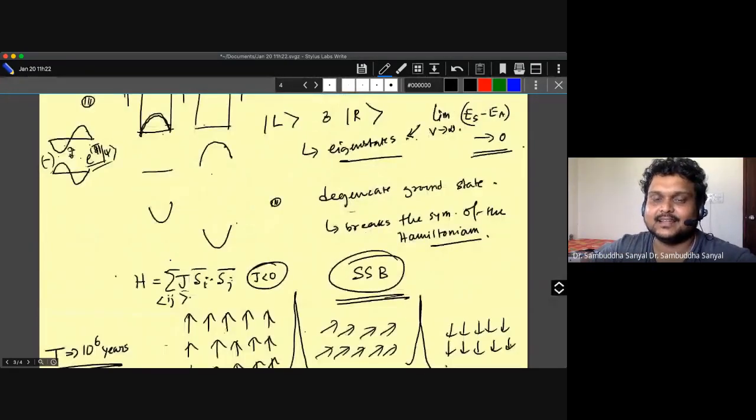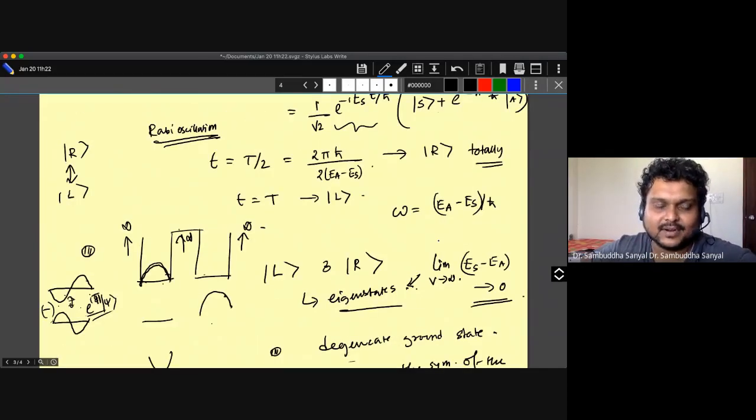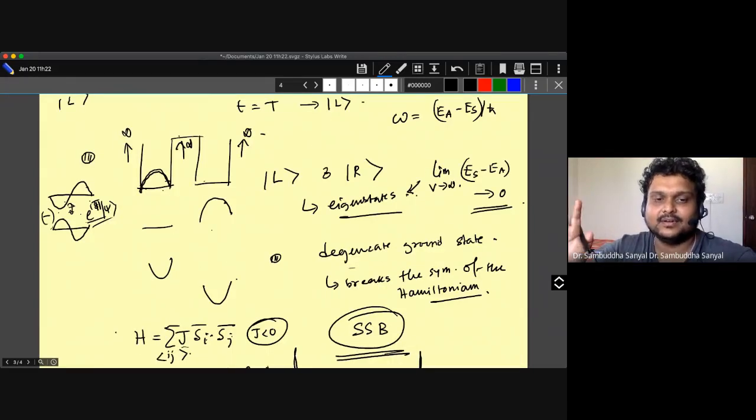There is this class, and these are very interesting research problems, called frustrated magnets, which have macroscopic degeneracy, which means there are like 10 to the power 23 states at the same energy in the ground state. And when such a degeneracy breaks, and how it breaks, and how you form their linear combination, it's a very profound subject. But you appreciate this statement so far, that the ground state is generally interesting because that's where most of the things happen at low energy. The low energy physics is all about ground state energy.